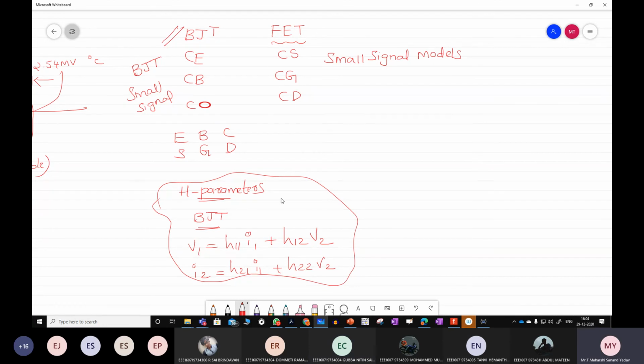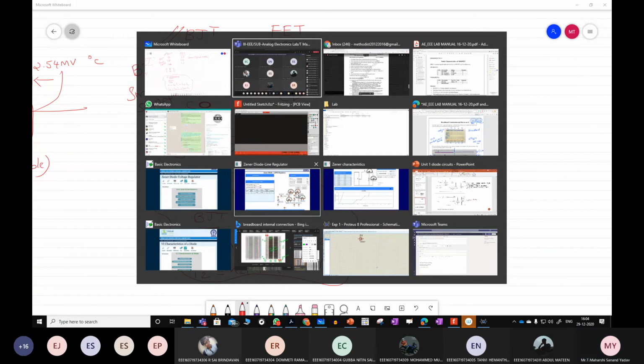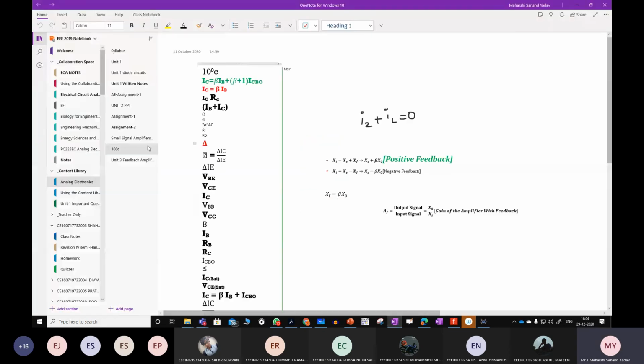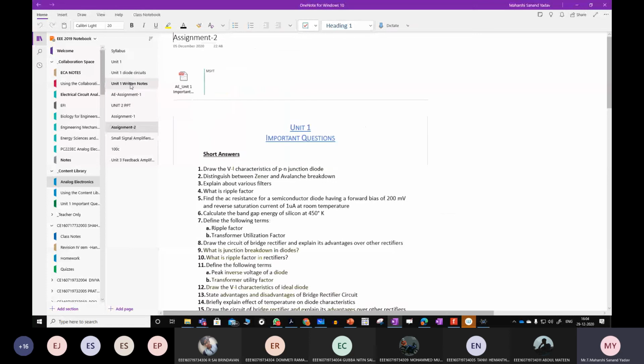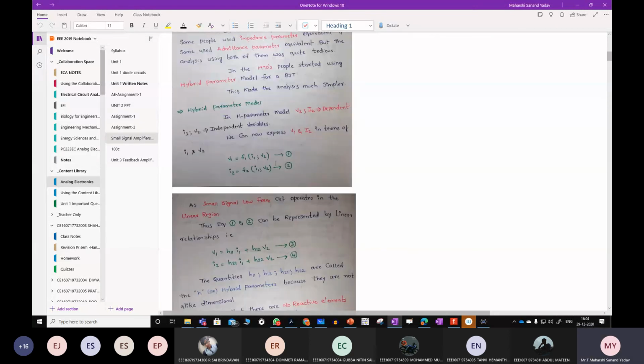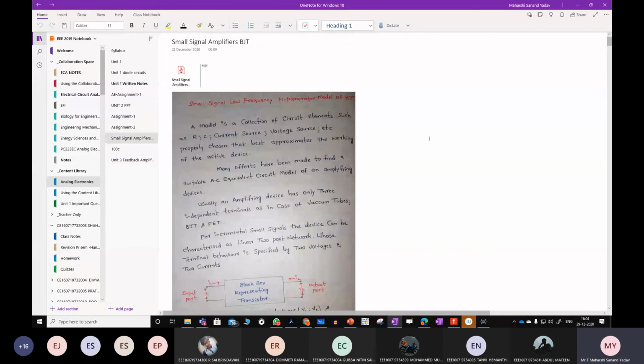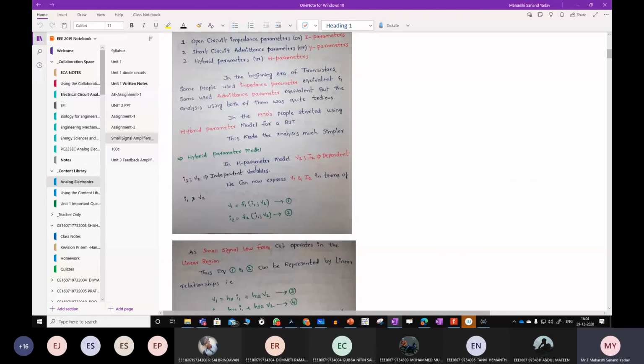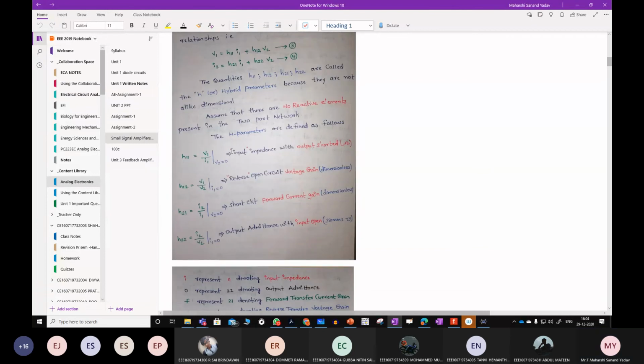Okay, so I've uploaded the notes also. I'll show you. If you are using OneNote, directly you can see from here. So these are small signal models. Small signal, low frequency hybrid parameter model of BJT. Once you read this, it will be perfect.